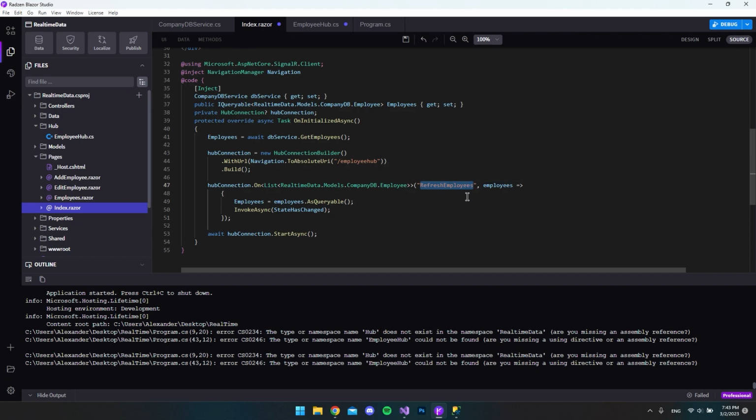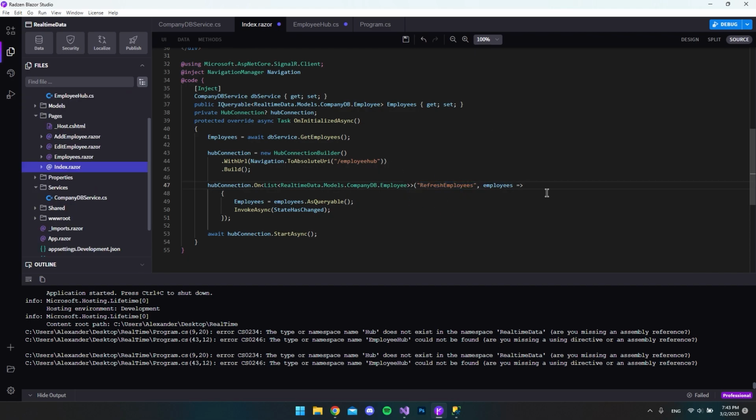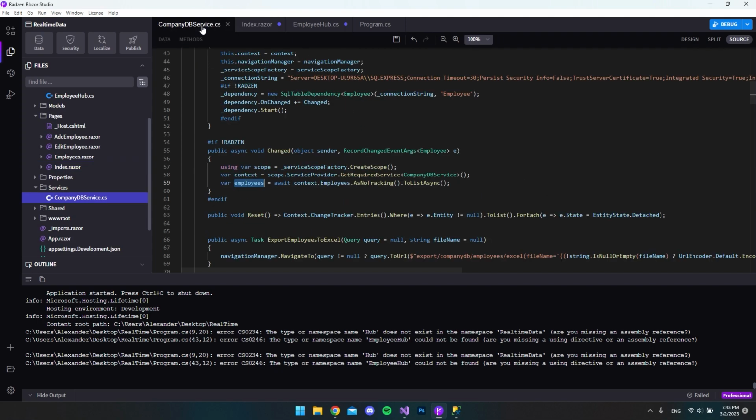to this Index.razor file. And that should actually be pretty easy to do, because if we go to the CompanyDBService file again, then in our Changed method we are just going to update the employees, so we get a list of new employees, and that's actually just the employees that we want to push with SignalR to the hub, so that our Index.razor file can see that there's something new happening in the hub, and it takes that